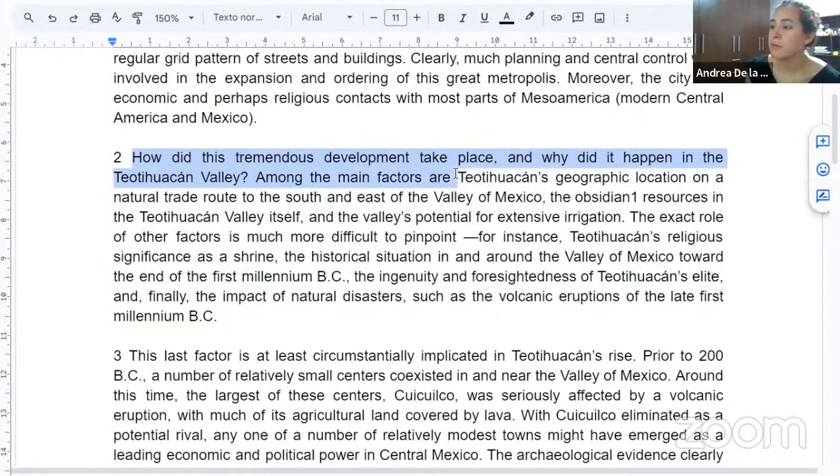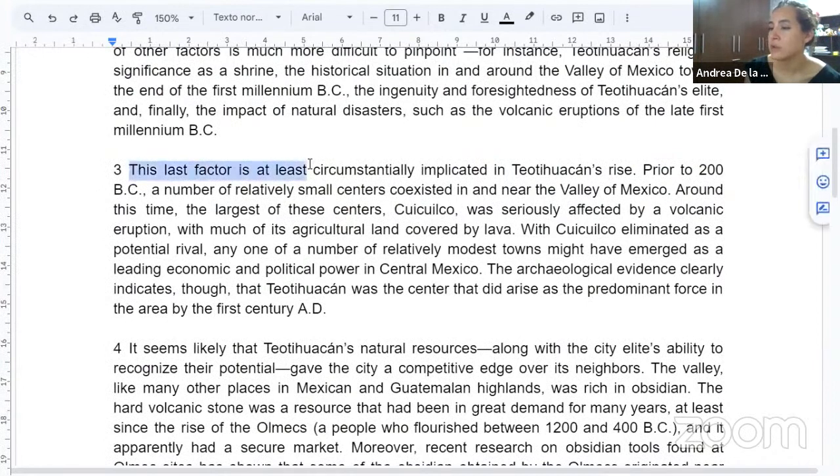All right. So just by reading that, you already know that this paragraph is about the factors that led to the tremendous development of this place, of this city, right? And they start probably talking about the factors. Then the next paragraph says, this last factor. If it says this last factor, it's referring to something before. So maybe you can read a little bit before, and it says the impact of natural disasters, such as the volcanic eruptions. So this factor is at least circumstantially implicated in the Teotihuacan's rise. So this is probably going to talk about that, about the impact of natural disasters and how it was implicated